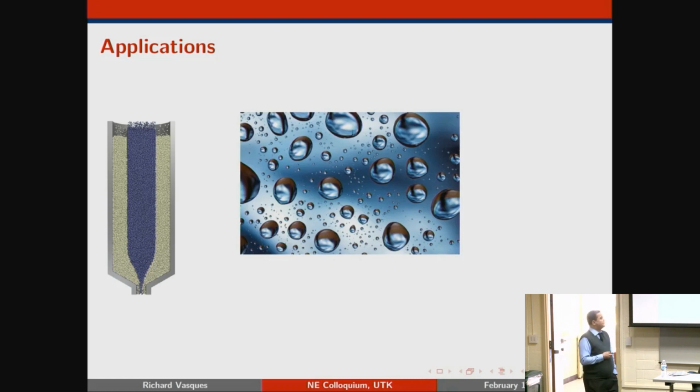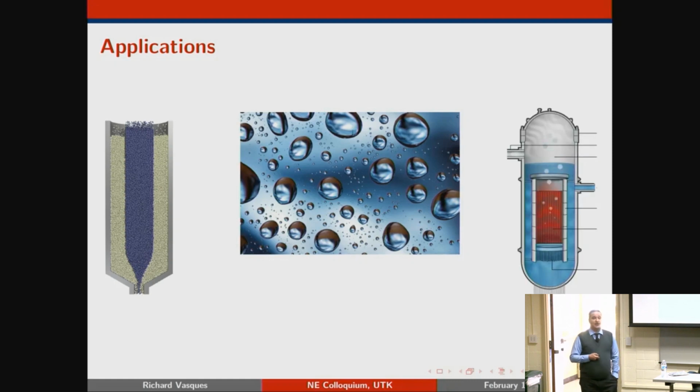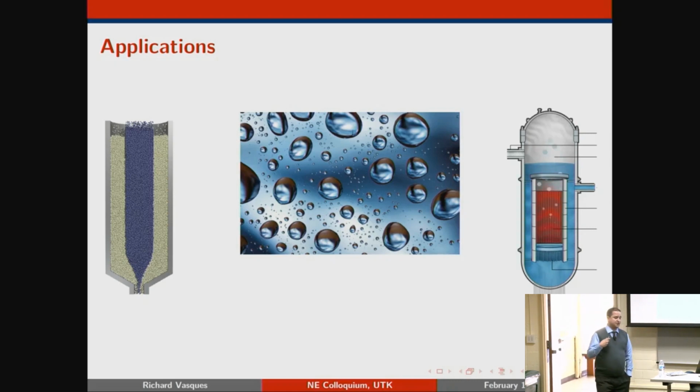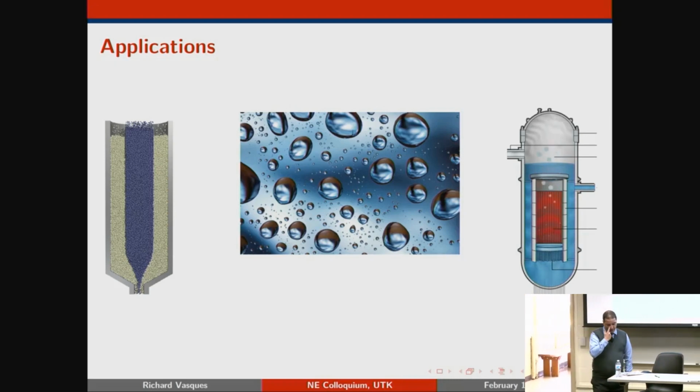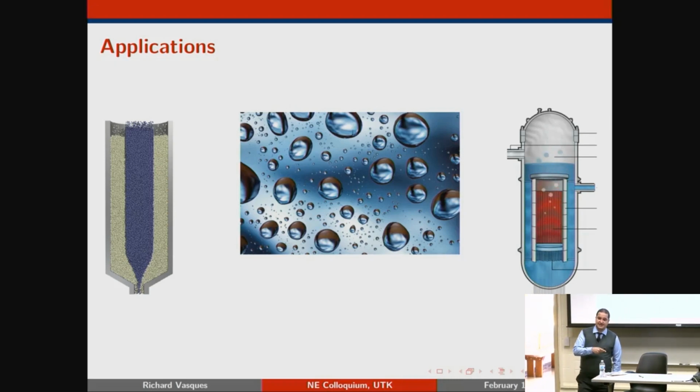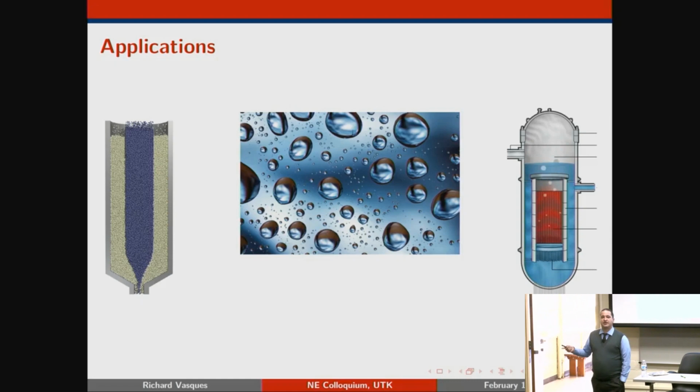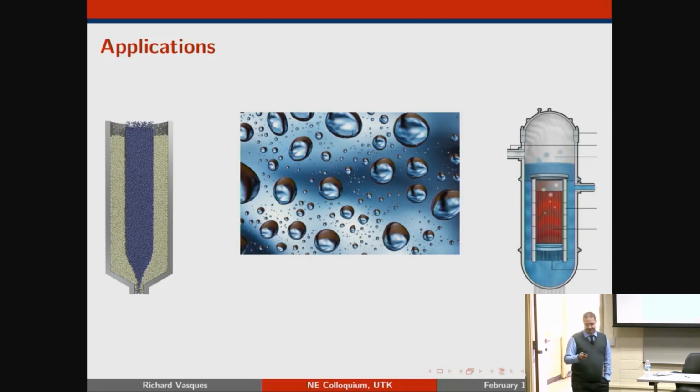The other option would be a boiling water reactor. Now you're flipping the optical thickness of your system, and you're going to have water and steam bubbles. And again, in space, these are all stochastic systems that all have fundamentally the same mathematical treatment. So that's how I got interested in this. It came from the early 2000s in the atmospheric sciences, and then slowly trickled into the nuclear community.